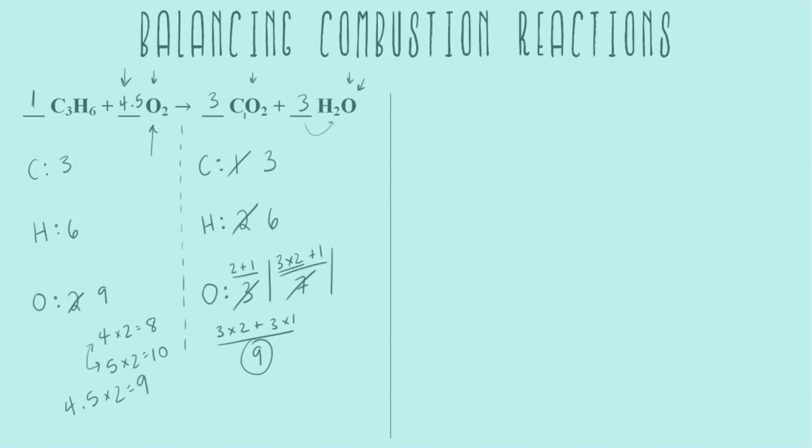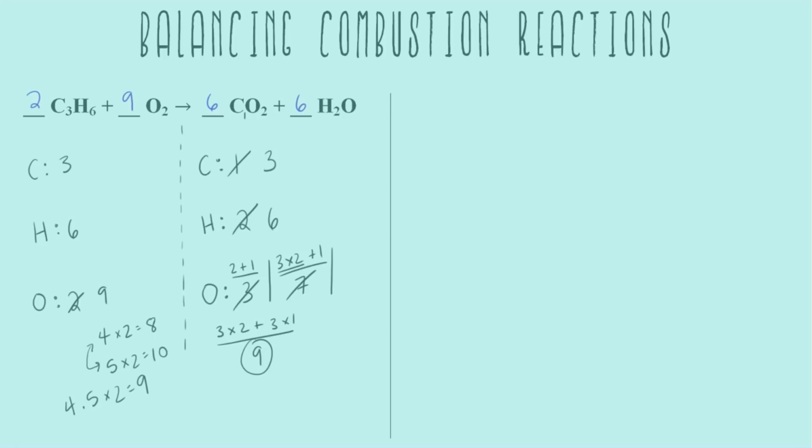So the way we're going to go from this balanced equation with a decimal to a balanced equation we can give as a final answer is to go ahead and multiply every coefficient by 2. So with that, our answers would be 2, 9, 6, and 6. And these coefficients are the ones that we would put as our final answer. So going ahead and replacing our multiplied by 2 answers as our final coefficients,